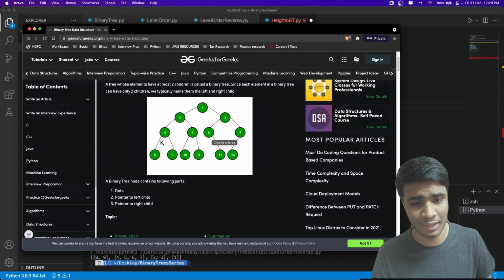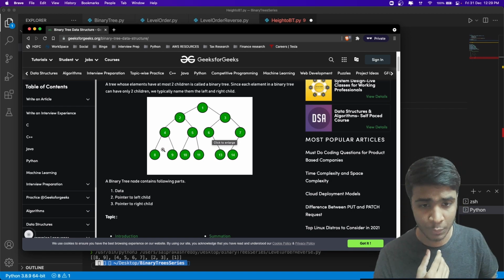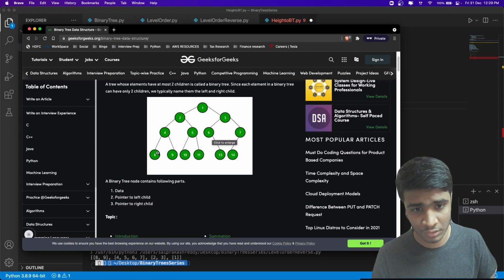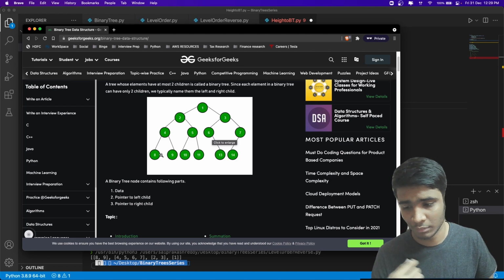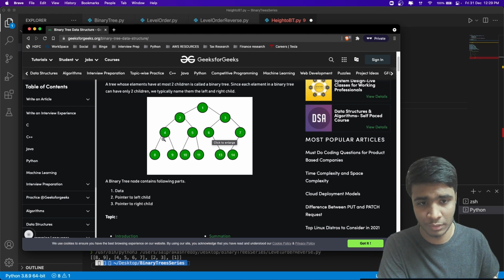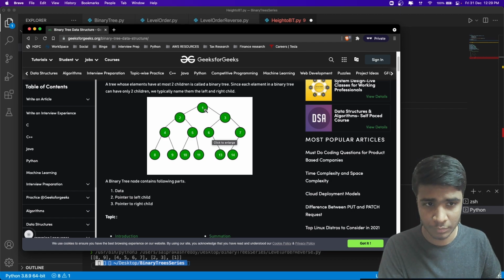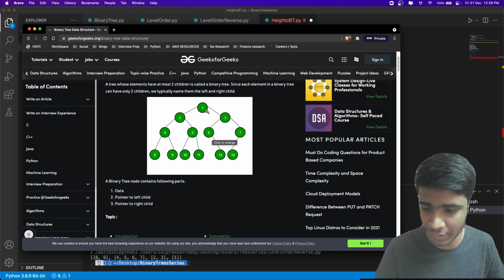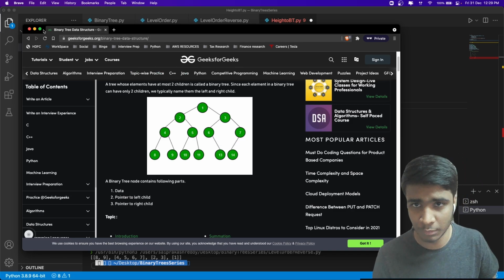He asks these two nodes, what is your maximum height? I will add plus 1 to it. And when he asks this person, he doesn't have any children, so he basically says my height is 1. Again, this will move this answer forward. So his height will become 2, his height will become 3, his height will become 4. That's how you calculate the height of a binary tree using recursion.